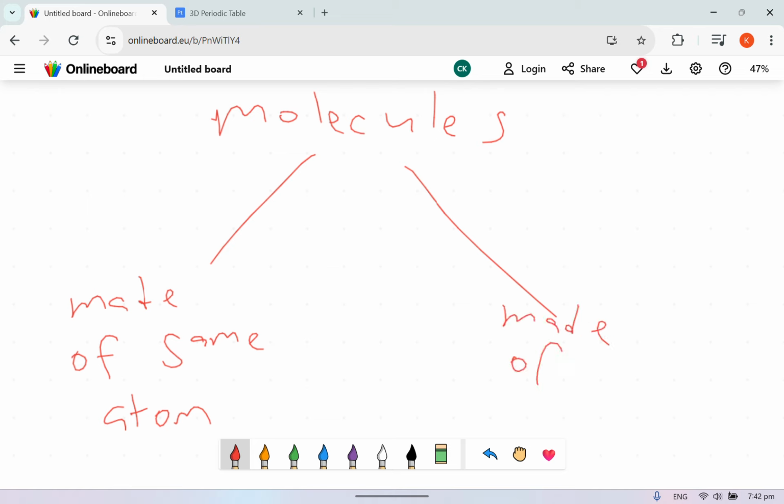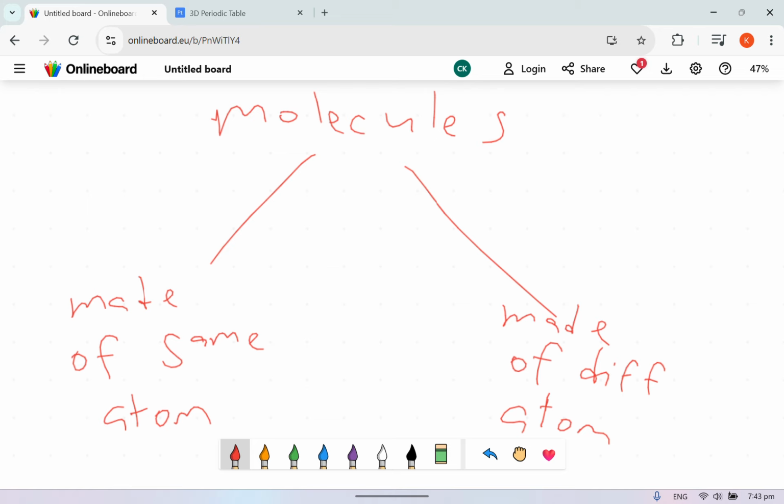Now, just so you guys know, when I gave the example of monatomic, diatomic, polyatomic, I don't care how many atoms it takes to make that element. It is always made of the same type of atom. So for example, hydrogen is a diatomic element. It's only made of hydrogen atoms. Any element is just pure. It's not made of different stuff. It may be one, two, or three atoms, but it will always be of the same type of atom.